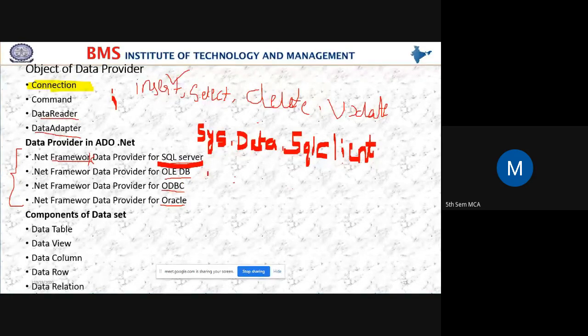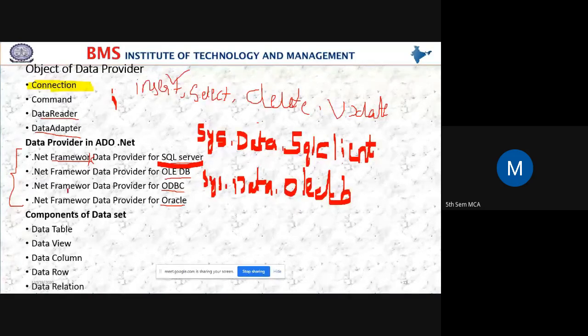For OLEDB, any idea, students, for OLEDB? For OLEDB, System.Data.OleDb. This namespace you have to include in the program.